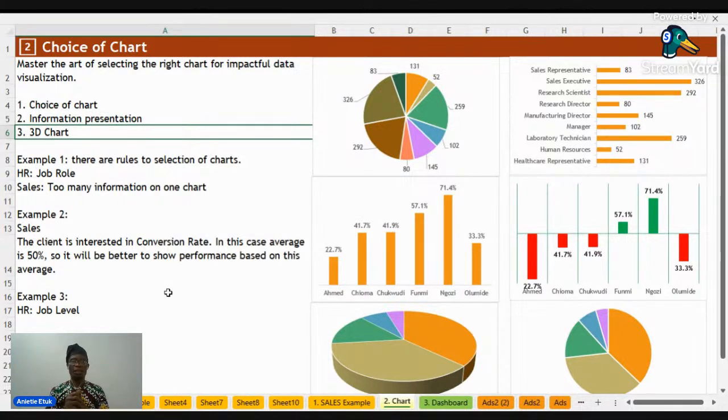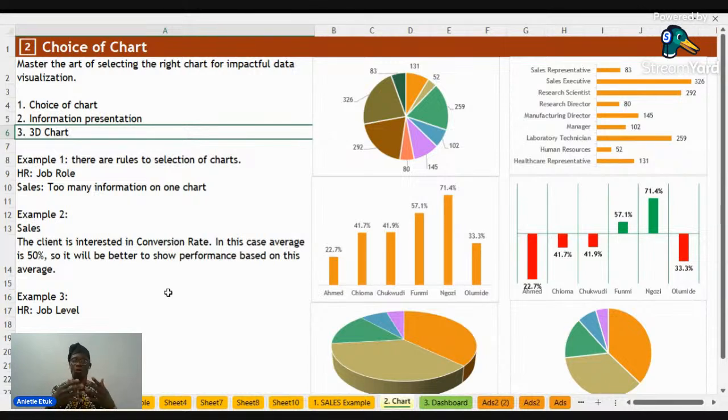One is the choice of chart itself. What type of chart do you use per time? Two is how you present the information. Which chart will help you present the information in a way that a business executive will understand? When I say business executive, later I'll talk about it when we talk about presentation. These people don't have time. They don't want anything complex. They just want to say yes or no, anything that will help them take a decision fast. So which charts will help them understand the information better?